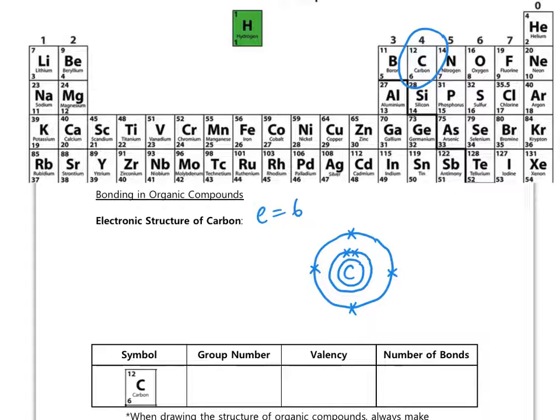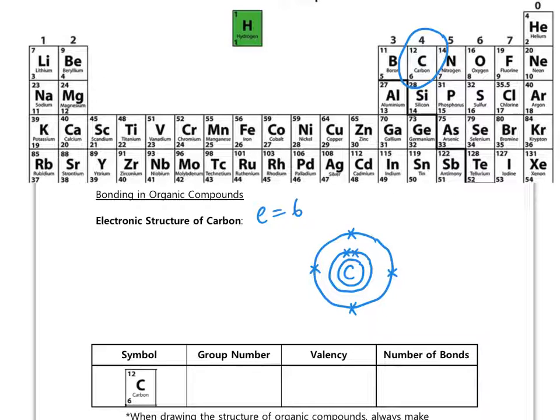2 go in the first shell and 4 go in the second shell in separate positions at north, east, south and west. And this is why it's really important that we order our electrons the way that we do, because it tells us something about the bonding. And what we know from our study of bonding in year 11 is that it is the electrons that are on their own that get involved in bonding. So electrons that are in pairs tend to stay that way and tend not to separate.